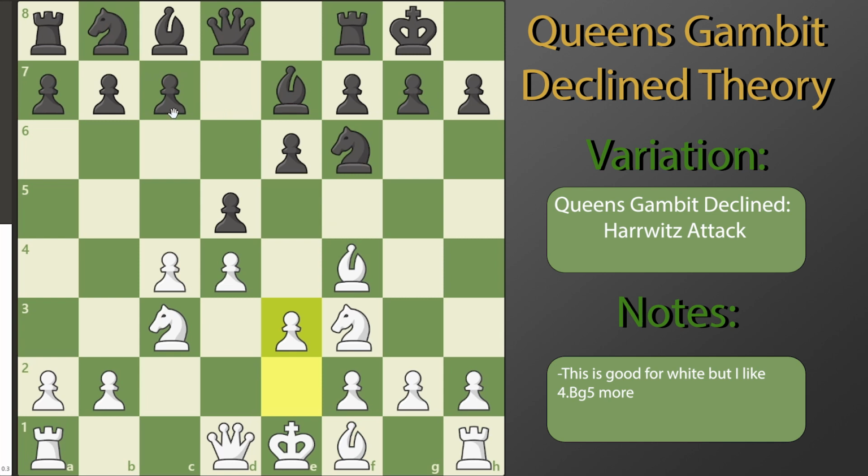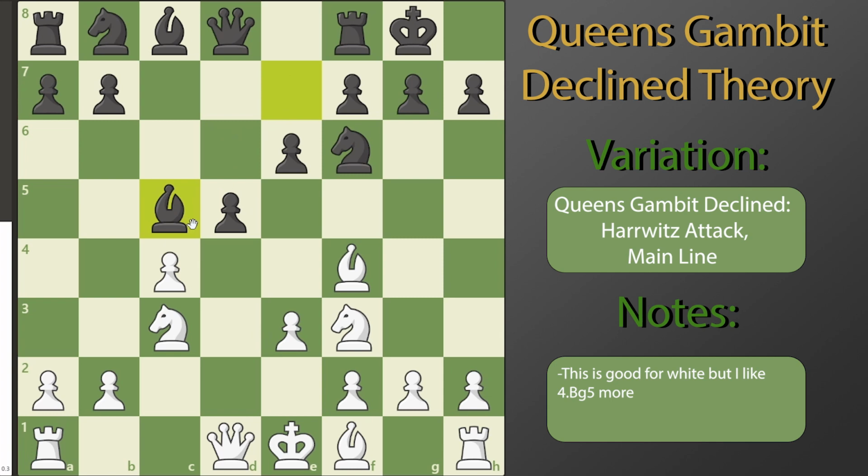Now, black can play c5. And if you see this, I would recommend best move is d takes c5. Almost always you're going to see bishop takes c5. And then you can play a couple moves. You can play queen c2. This isn't my favorite move. Instead, I would